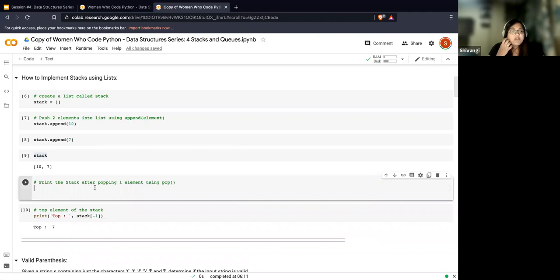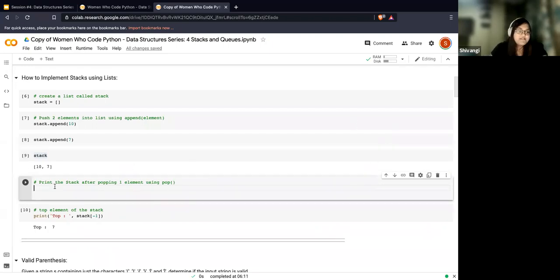Now, how do we remove elements or pop elements from the stack? And which element do you think is going to be popped out? So can you guys type in your answers in the chat? Cool. So everyone's saying 7, if I'm right.